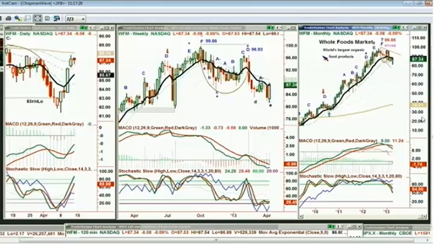So yeah, I was looking at the monthly and the weekly, and I could totally see why you were looking at it from a short standpoint. So I just wanted to get another clarification. Okay, so yes, we are short Whole Foods Market. We have what I call the half a position. It's a partial position, and one of the reasons was